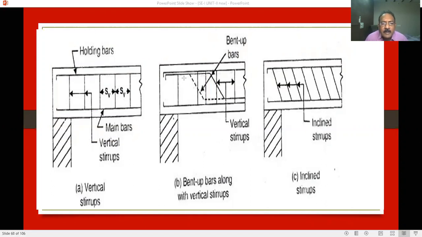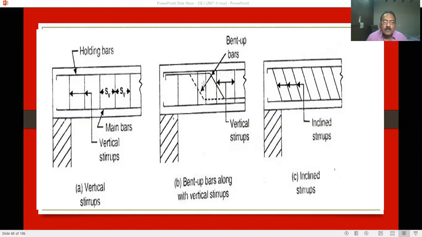Instead of bending bars, if you provide this shear reinforcement, it will take care of your shear failures. So generally we do not go for bent-up bars, but to save the longitudinal reinforcement, sometimes we use bent-up bars like this. If you provide like this, the shear reinforcement will be somewhat less, but the conditions are the same. You should not exceed 0.75 d and also maximum spacing 300 mm.